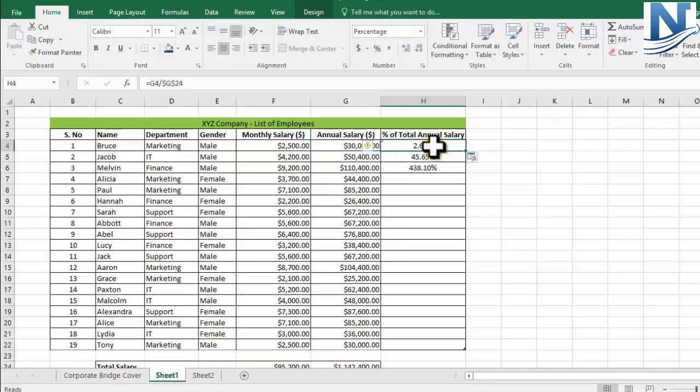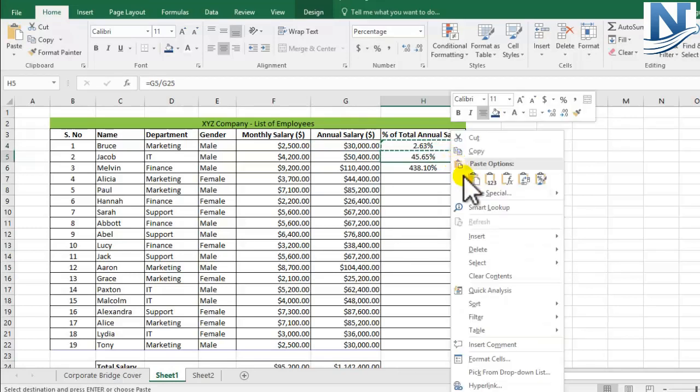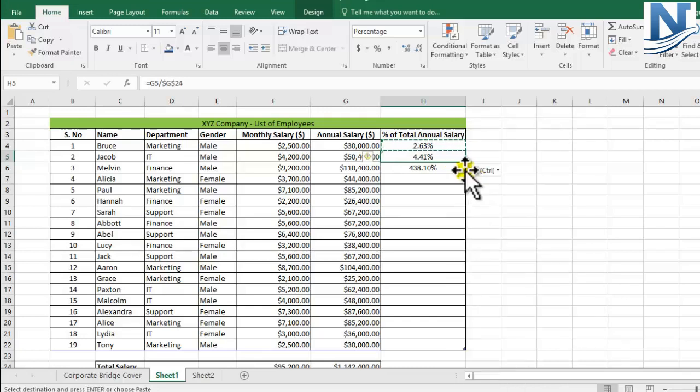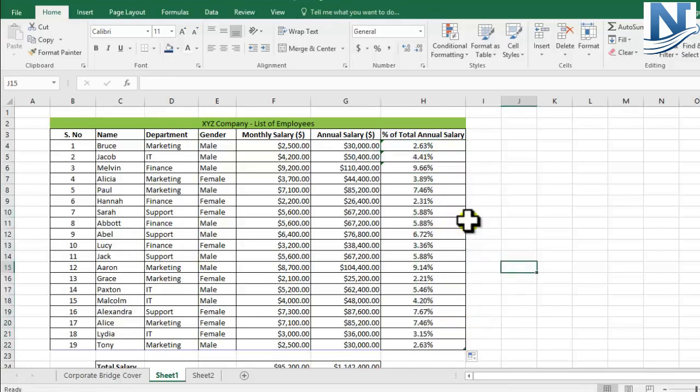I'm going to copy this formula, and now let's see the change in the number. You will get a proper percentage of annual salary. I am pasting this. Now we have got a proper percentage over here. Let's make use of Control C and Control V. Yes, again it is proper. Everywhere now you are getting the proper percentage of total annual salary numbers. Let's drag it till the end. The respective cells are now properly filled.